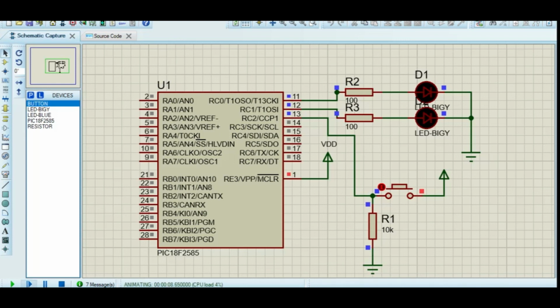You can see that since I've turned on this simulation, the blue colors and red colors indicate that the power supplies are on. So if I press and hold it, see, the output is there. Let me rerun the simulation. Yes, it is reset now, and I'm going to press and hold it for at least 2 seconds. Yes, you can see that. I pressed and held the push button and LED 1 is on. That means output 1 is switched on. And if I rerun it,